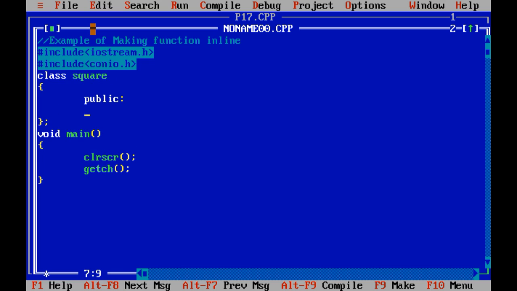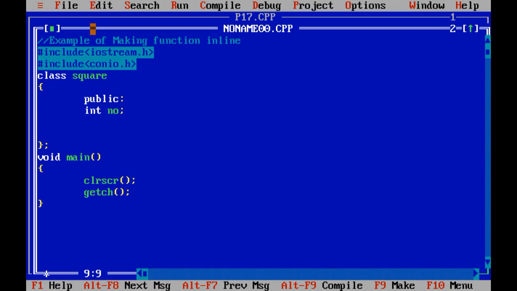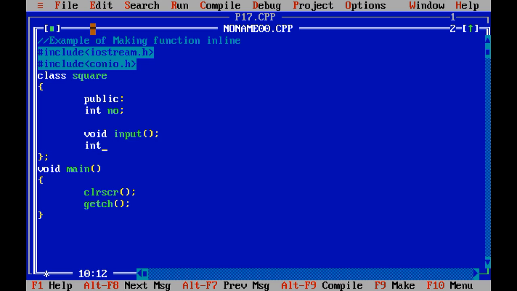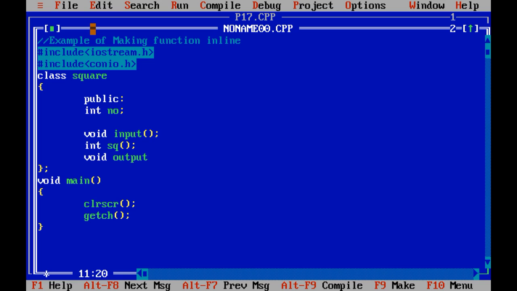Let me define one public variable, integer number. I want to perform the square of number using this. Now I am going to declare three functions: void input, integer sq, and void output.